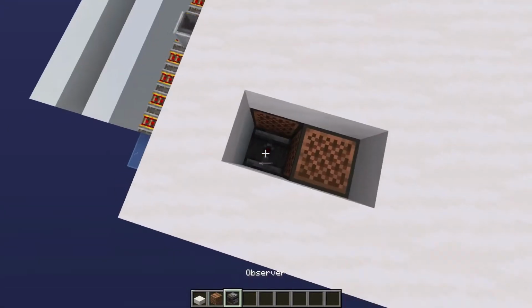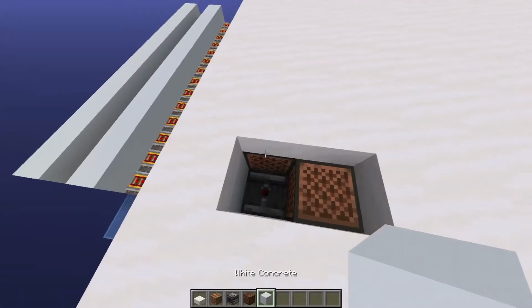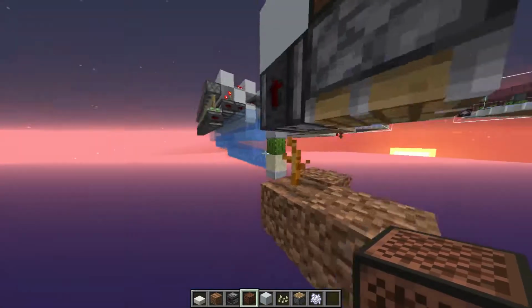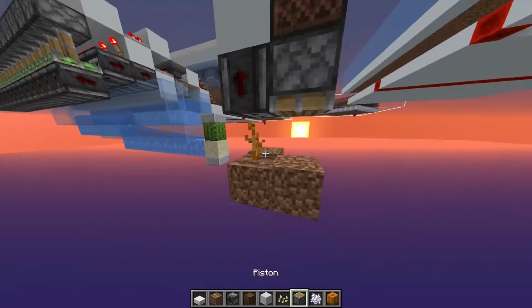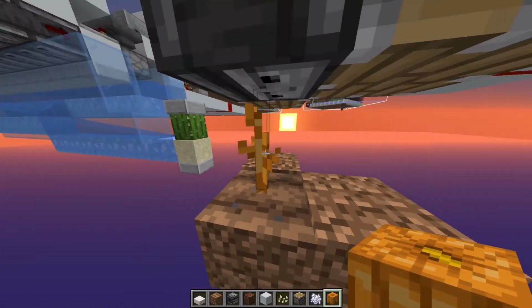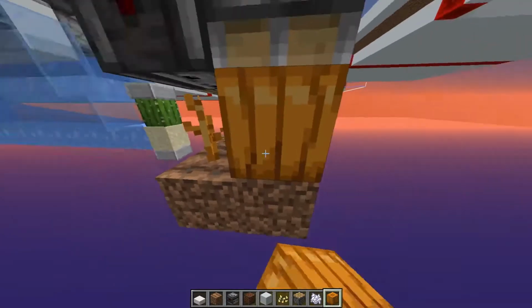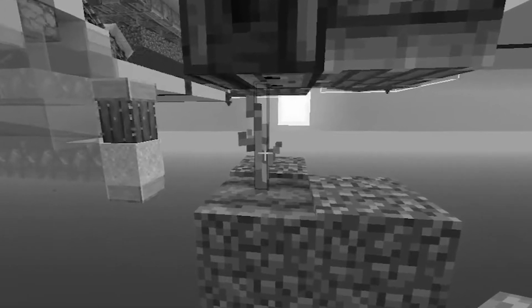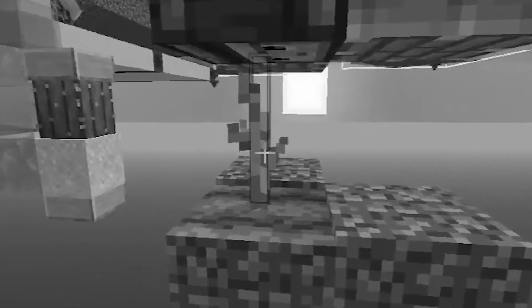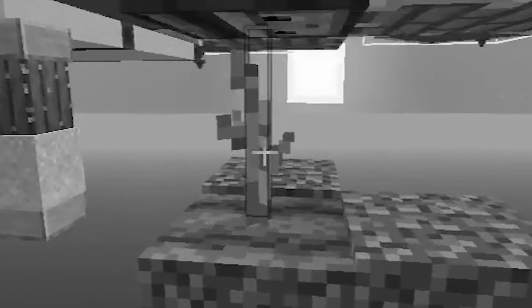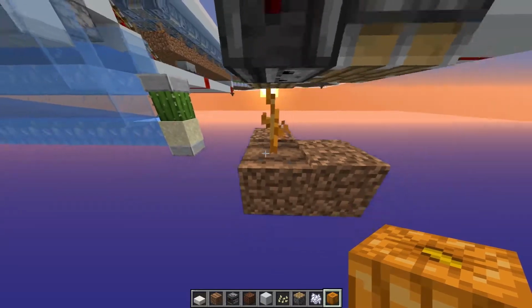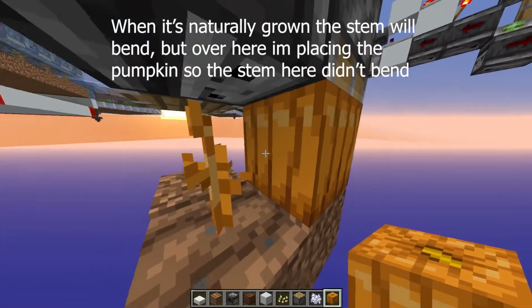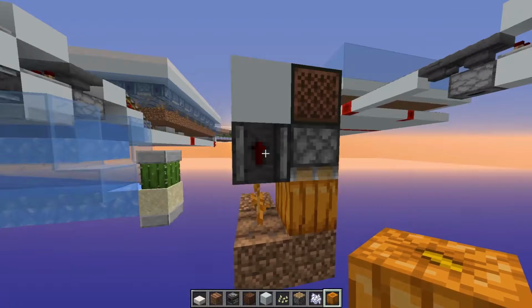So let me show you a small chunk of it so you guys will understand it more clearly. So this is what I'm talking about. So when a pumpkin grows on the side, the stem will bend over. So when a pumpkin grows on the side of it, the stem will bend over and make an update to